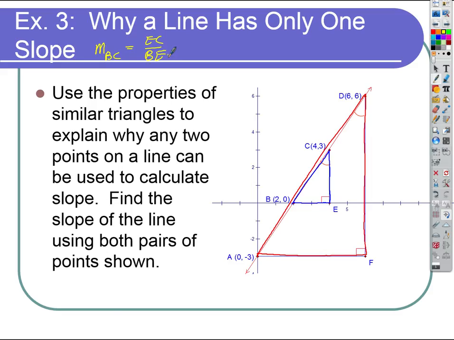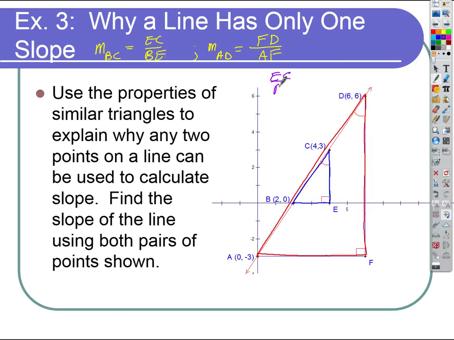What's the slope of AD? Same idea, right? So which segment represents the rise? Okay, so FD over AF. Okay, so we're saying that the slope is the same though, right? Agreed? So we ought to be able to set those two slopes equal to each other. Agreed? Okay, so we get